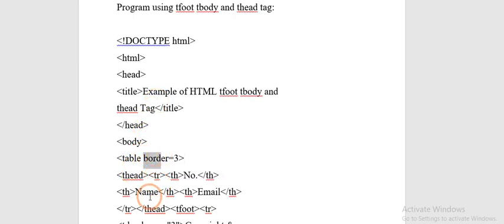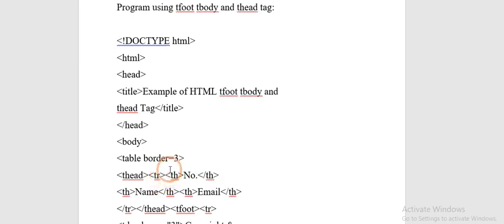Now in that, the first tag we are going to use is the thead tag. We have already seen the theory of this in the previous lecture, that is what thead, tbody and tfoot tags are. As we are creating a row, before creating the row we use the thead tag. After the thead tag we have used the tr tag. What is the use of the tr tag? The tr tag is used to create a row in your table.